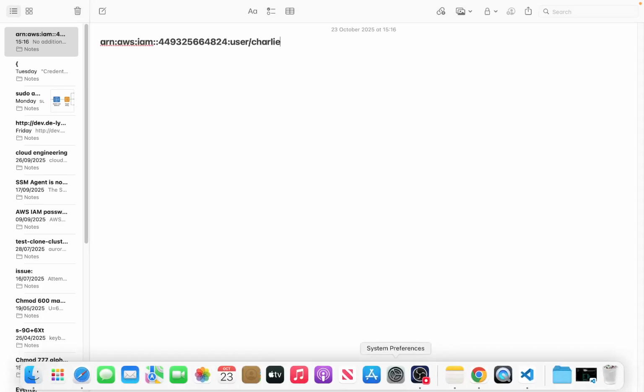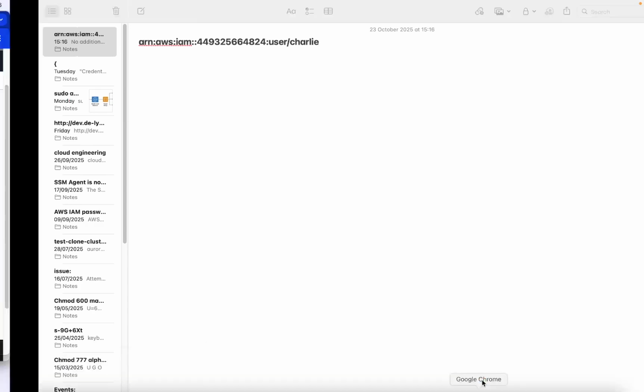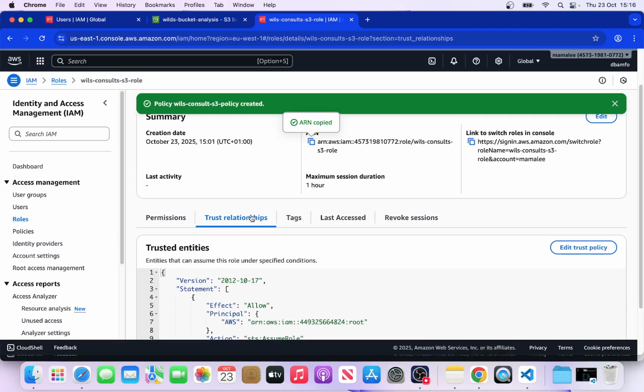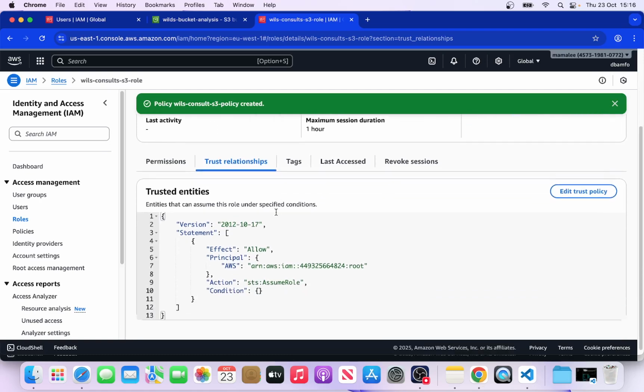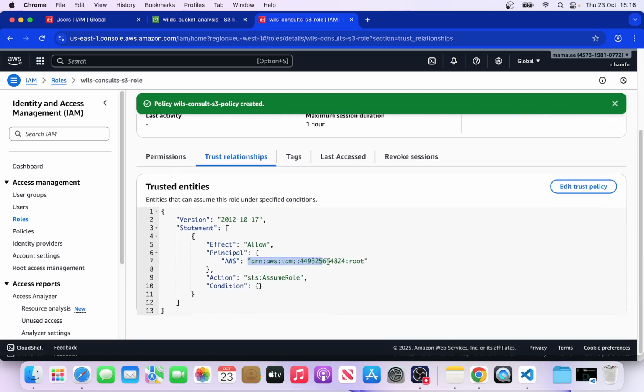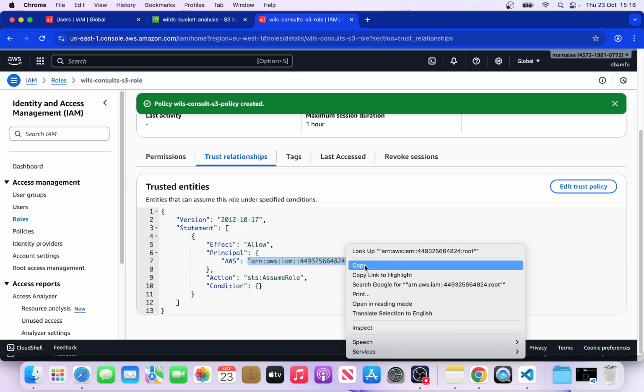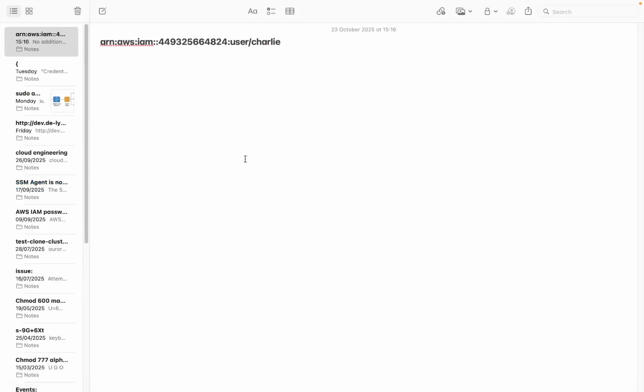Okay, and then go to your account. In your account, see the trusted relationship here. Watch this. Copy that. You see the difference, and then we are going to modify it. Yeah, come here, paste it here. If you can see the difference, the only difference at the end is root, like I said,